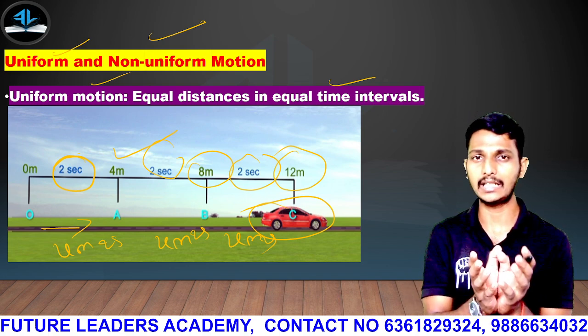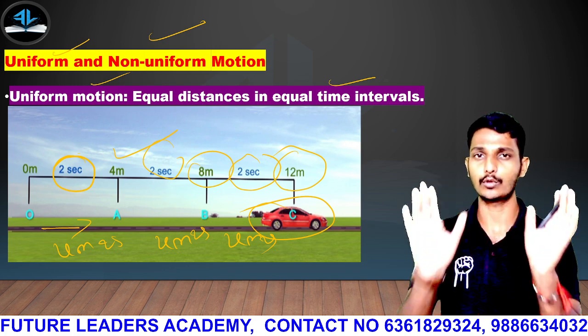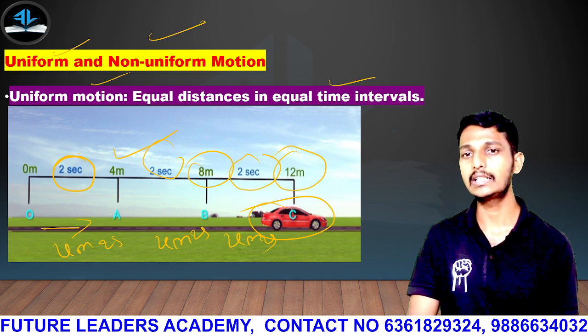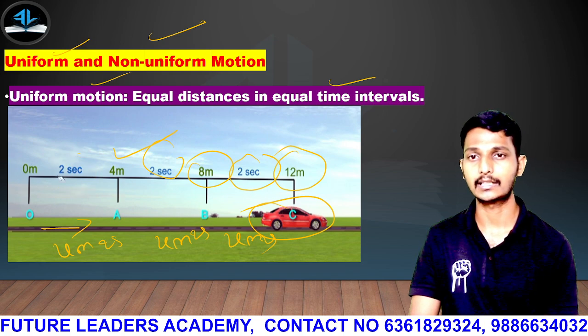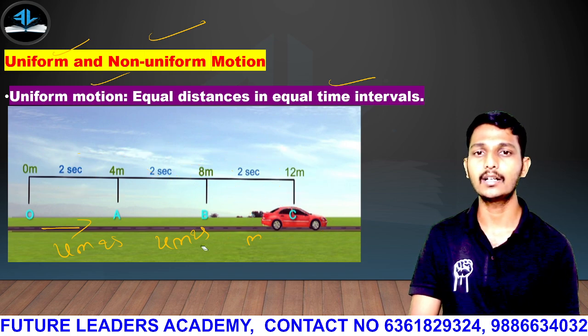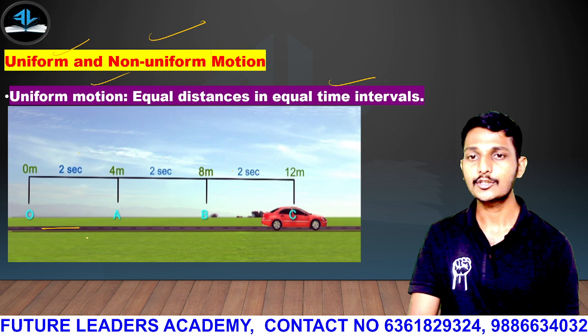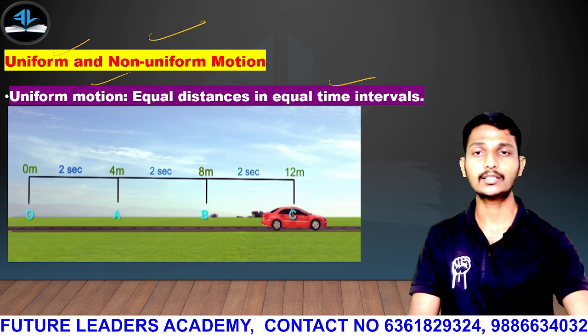I think you have understood, because the image clearly shows what uniform motion is exactly. You can take a screenshot of this if you need it. So the next topic, guys,